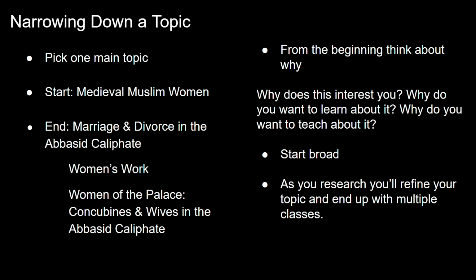It covers a lot of time and space, and there are a lot of cultures inside that. So I ended up focusing on the Abbasid Caliphate. Okay, that's still 500 years. So I picked a couple of centuries, and I picked, okay, we're going to focus on Baghdad. That was the capital. So I've narrowed my space, I've narrowed my time, I've picked one culture. Even within that, as I did my reading, I ended up with 3 really solid classes. And as I'm reading, I'm going, oh, I have stuff on marriage and divorce, I have stuff on women's work, and as investors and employers and wage laborers. And I have stuff on concubines and women of the palace.